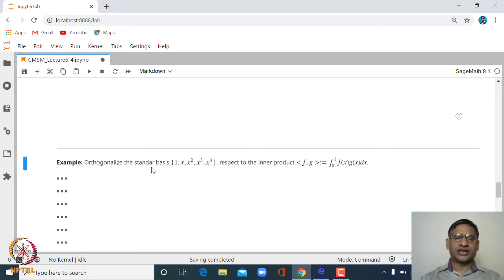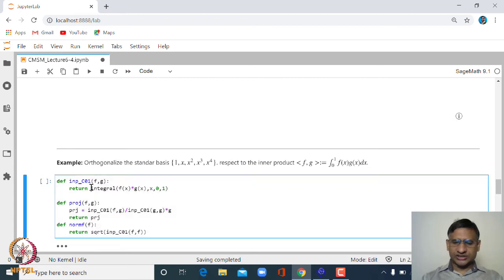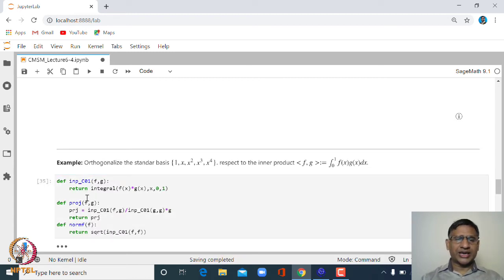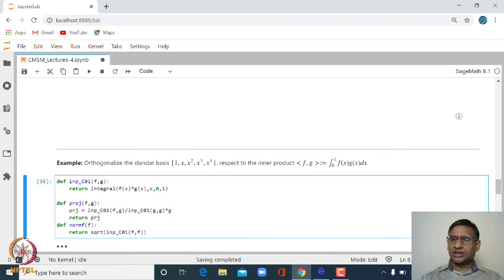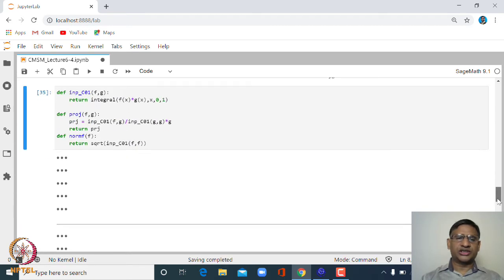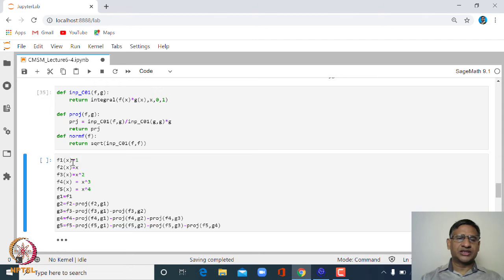So for example, if I take 4 vectors, 1, x, x square, x cube, x4, in the set of all polynomials of degree less than or equal to 4 with respect to this inner product, we can extend this idea. So first let us define the inner product and the projection and the norm of vectors with respect to this inner product, and then let us define f1, f2, f3, f4, f5. These are 5 set of vectors. This forms a basis of